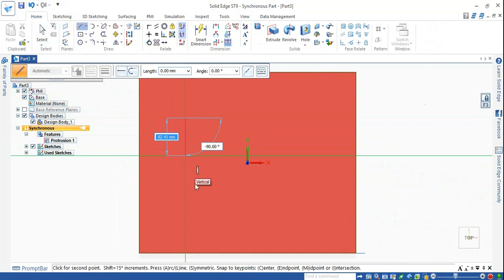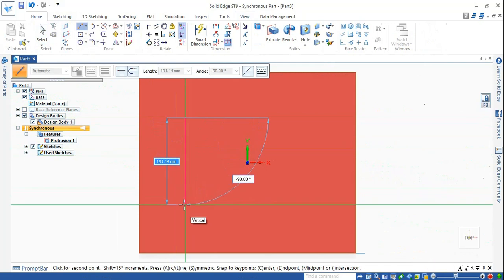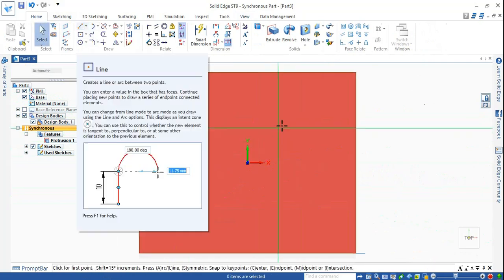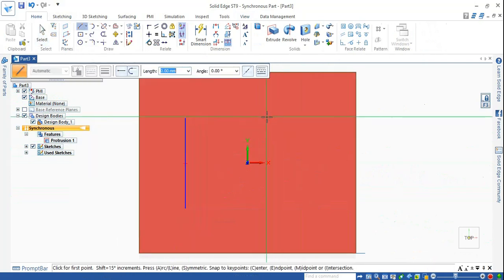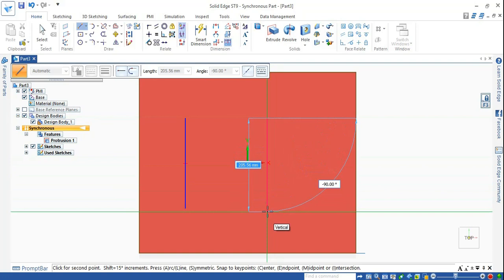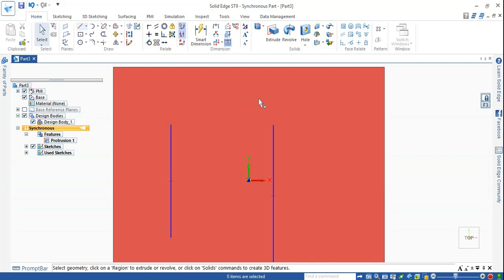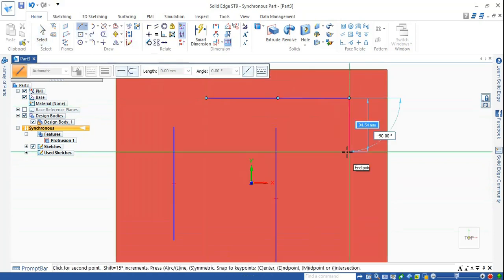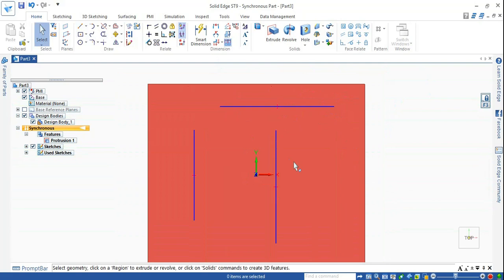select the line, select this face, lock this face, select the top and draw one line, which is 200 mm. Okay, escape. Now draw another line, which is 250. Okay,